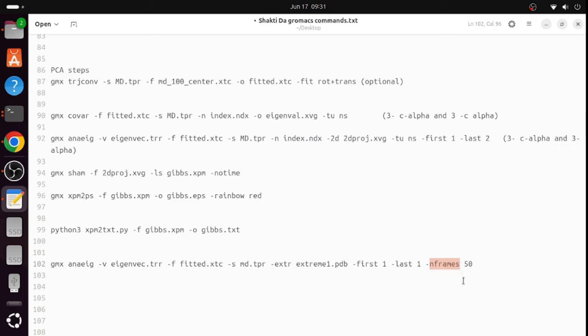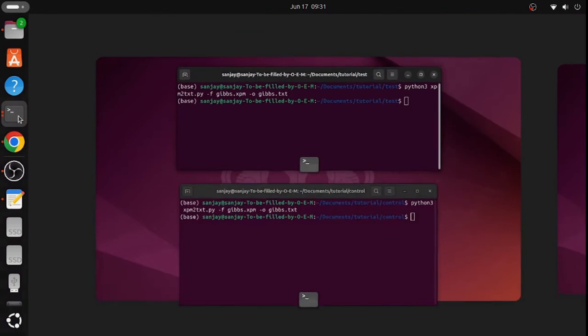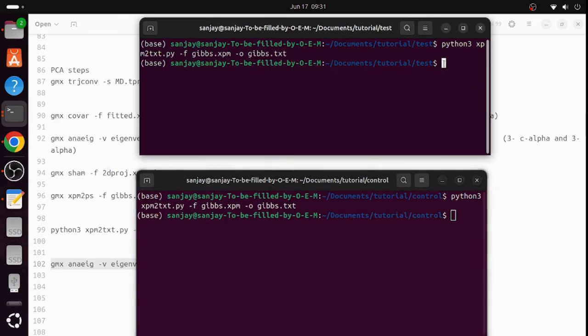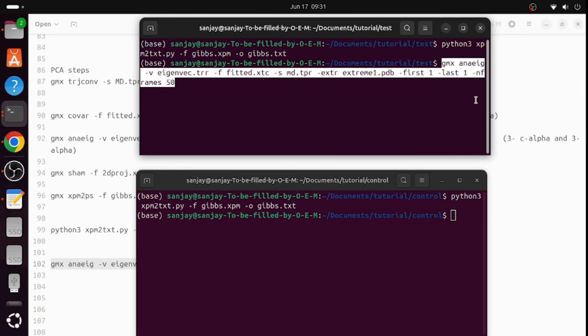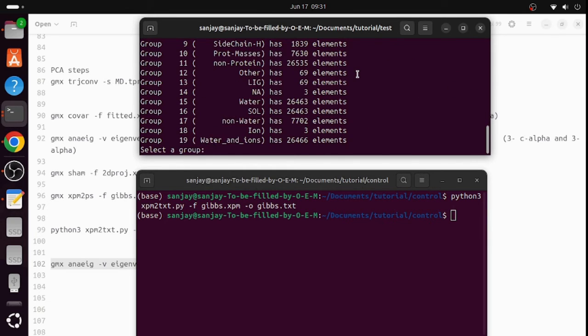A total of 50 frames you can extract. You can extract more, but it's better to select 50 frames to get 50frame.pdb. That means the extreme structure or conformation along the first principal component. So use this command,